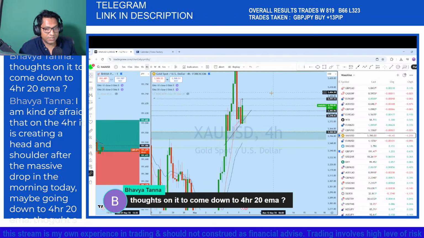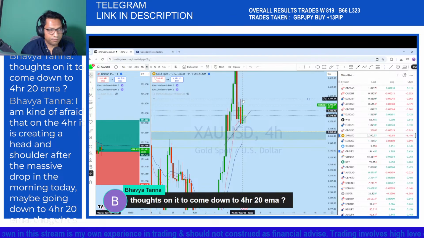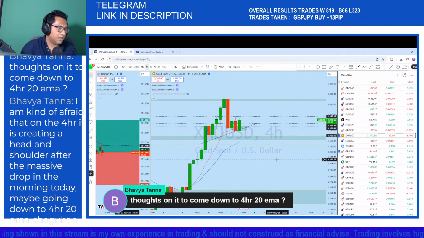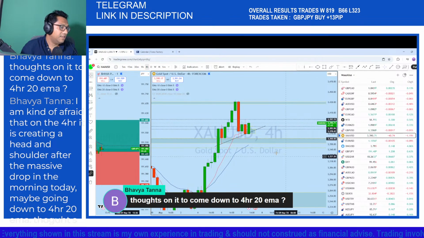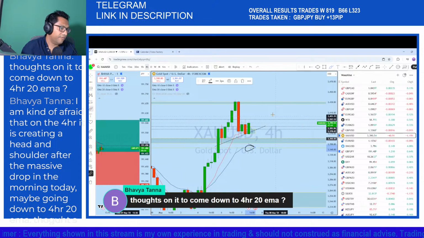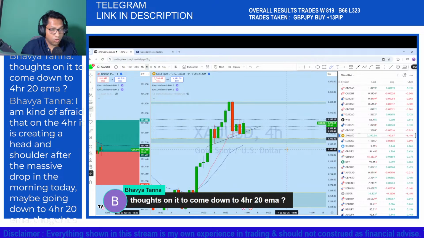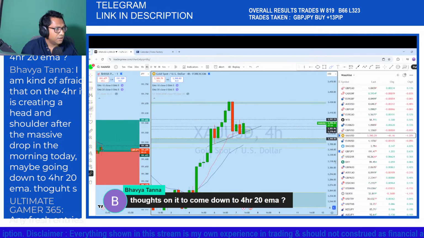We might see the change in sentiment before FOMC. So we need to look for what kind of price action is showing at the moment. But I think there could be a spike down here to this 20 EMA 4-hour. This current candle may not be, because this one is closing in